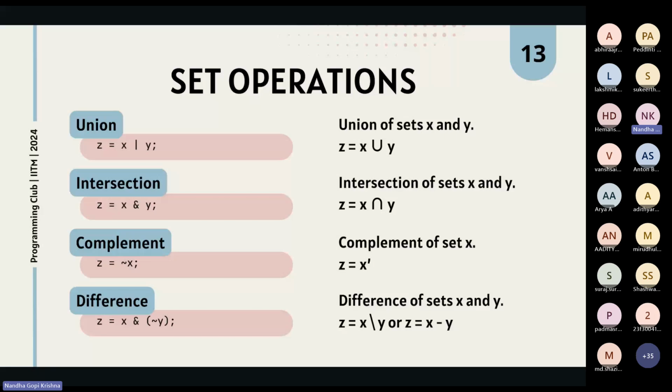That means the kth bit is set in x and the kth bit is set in y. When we do not of y, the kth bit becomes unset. So when we do x and not of y, the kth bit in x, which is 1, ANDs with the kth bit in not y, which is 0, so the answer is 0. However, if y does not contain that element, that means the kth bit in y would have been 0, the kth bit in not of y would be 1, and 1 and 1